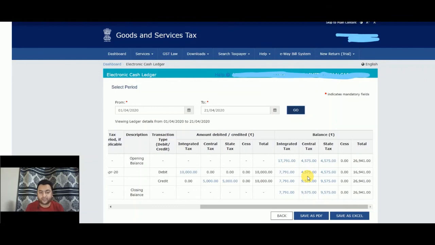So friends, this is the live demo of form PMT09. We have seen the provisions of rule 87 clause 13. We have seen the form in the CGST rules also, and now we have also seen the live demo of this PMT09. We have also seen that the EVC option is working for corporates also.